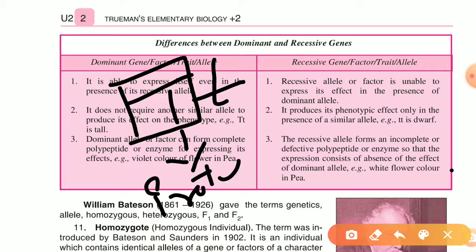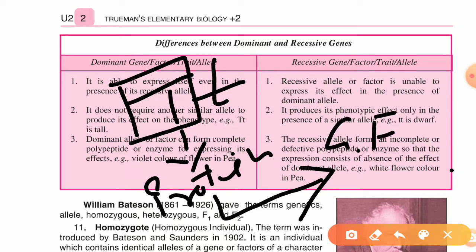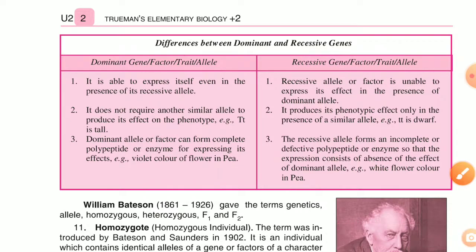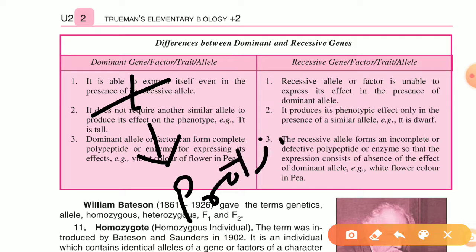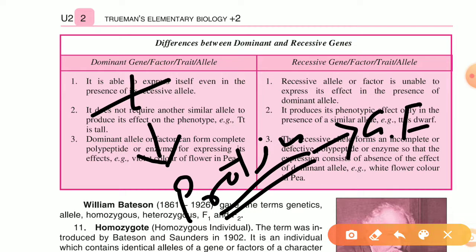और इसकी वजह से जो प्रोटीन बनेगी that protein will make proper growth factor, और उसकी वजह से ज़्यादा ग्रोथ होगी and the organism will have tall height. ठीक है. But if we talk about the small t, जो स्मॉल टी है जब वो अपने आप को एक्सप्रेस करेगा तो जो प्रोटीन बनेगी that will not be a complete protein और कंप्लीट पॉलीपेप्टाइड नहीं बनेगा, जिससे प्रॉपर ग्रोथ फैक्टर नहीं बन पाएगा and the organism will have a dwarf height.